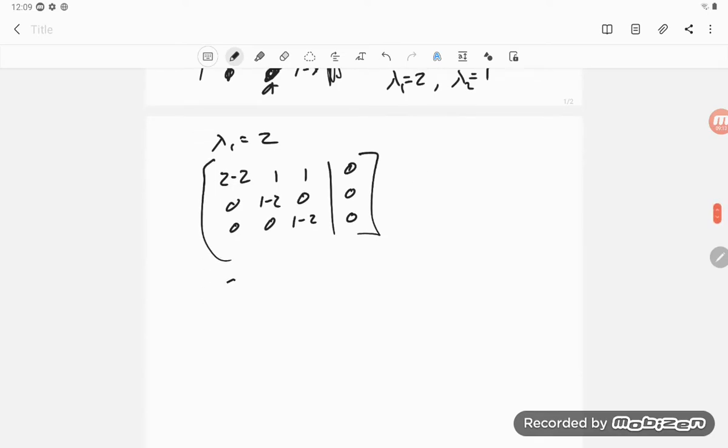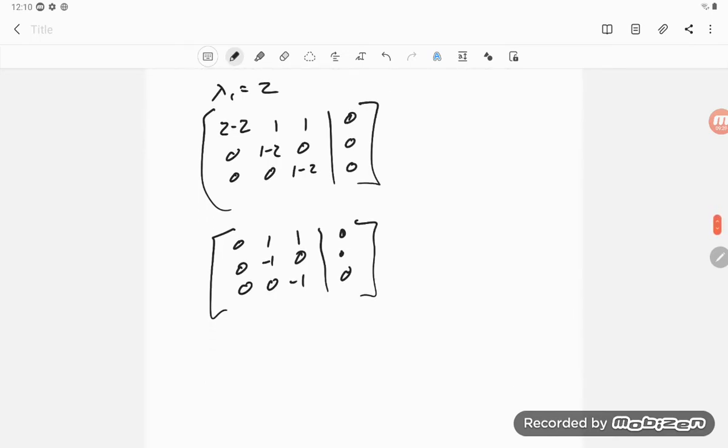So that becomes 0, 1, 1, 0, minus 1, 0, 0, 0, minus 1, augmented with 0, 0, 0. What I could do is swap this row with the top row, and then swap this row with the second row and multiply through by -1, so I can do a few row operations at once to get